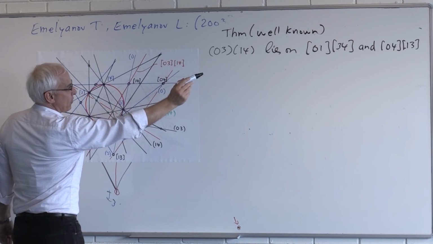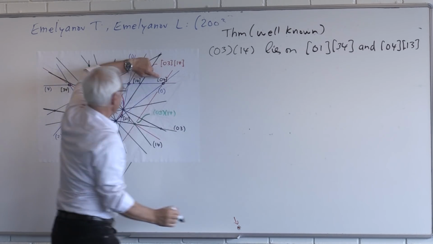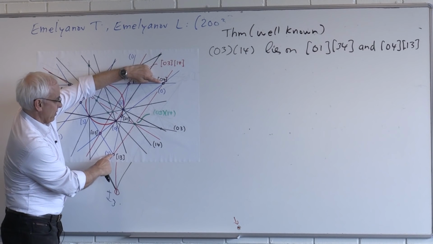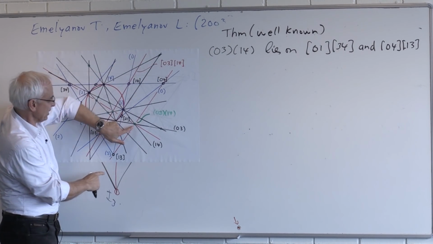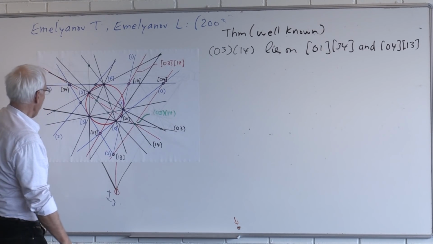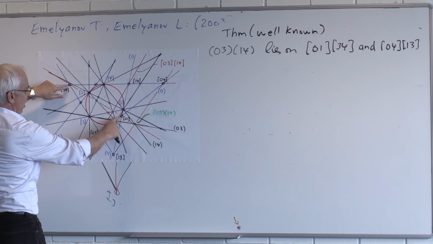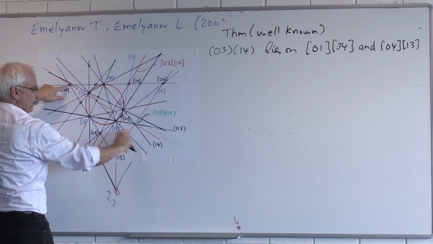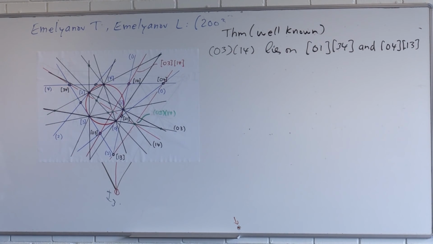The line 0, 4, 1, 3, this one over here, is the line from here to here. And you can see that this line actually does pass through that point. And the other one, 0, 1, 3, 4, there's 3, 4, there's 0, 1, and the line 0, 1, 3, 4 is that one there. And you can see that it actually passes through there. So there's some lovely incidence already just in this basic configuration with 5 points.